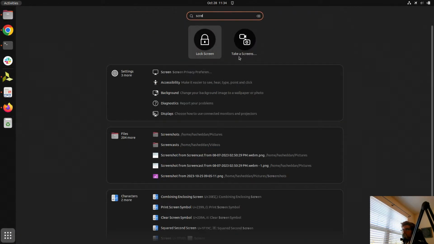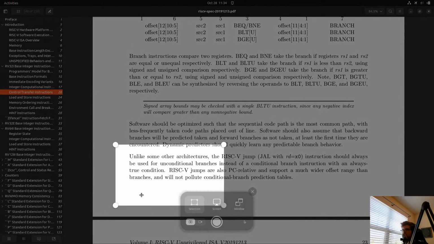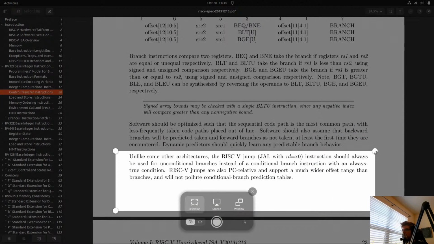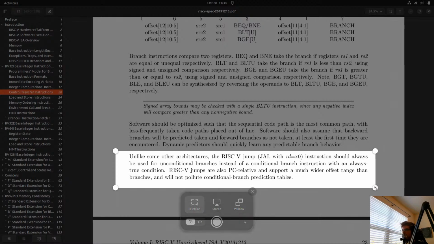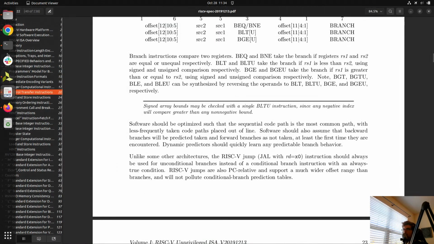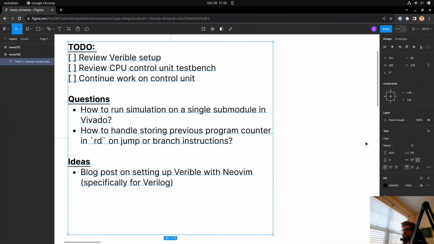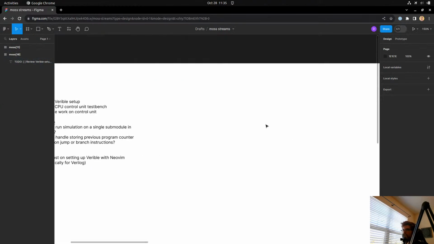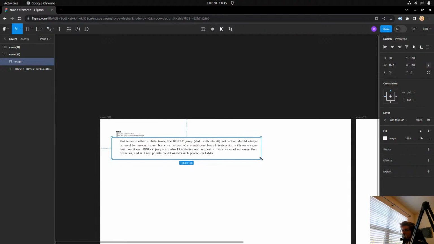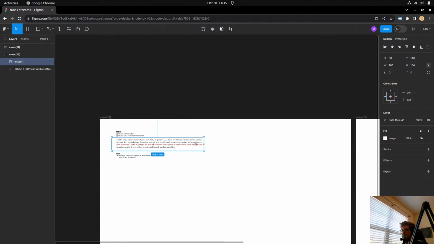Let's see if I can grab a screenshot of this. We can take some notes. So I'm going to grab that, and let's see if I can just paste that into our doc here. Certainly did paste it. I want to scale this.